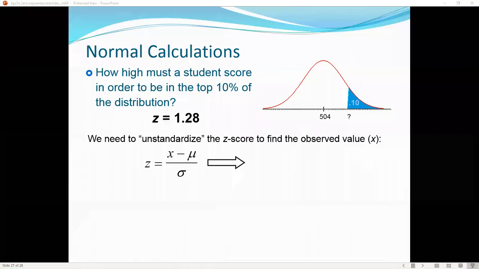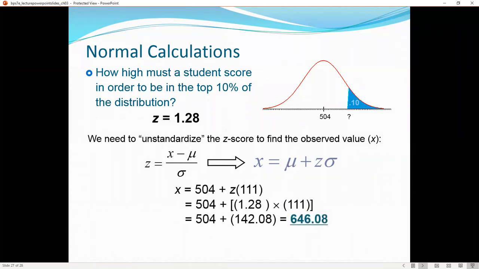So we're going to take the z-score that we found, 1.28, and plug it in for z. And we were given mu and sigma. One thing that they do is they first solve for x, and then they plug in the values. You're welcome to plug in the values and then solve for x, but this method is a little more straightforward. So we take the mean plus 1.28 times 111